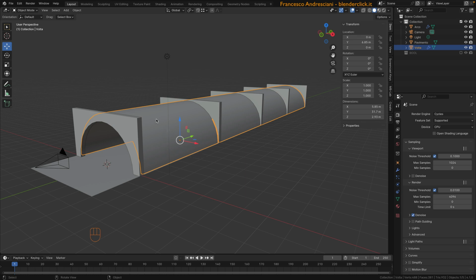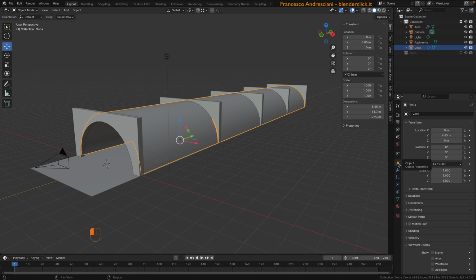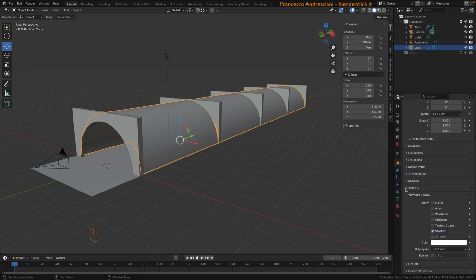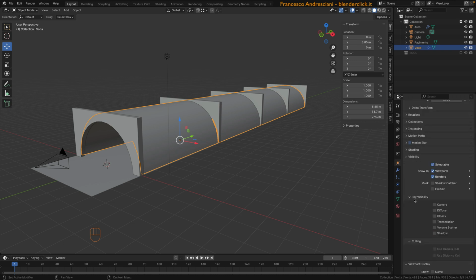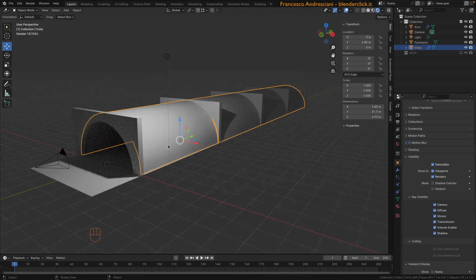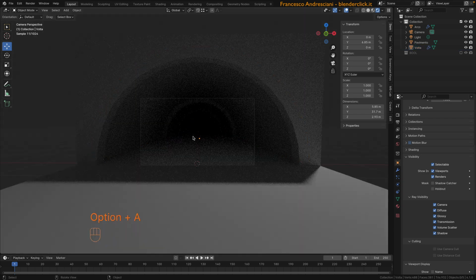We just select the arc, we go inside the object section, we go inside visibility. In the ray visibility subsection, it's all unchecked. We simply click and drag the mouse until all the options are checked. If we now return to rendered view, we return to our vault. We press the 0 key to go back to the camera view, and there we have our tunnel, obviously dark